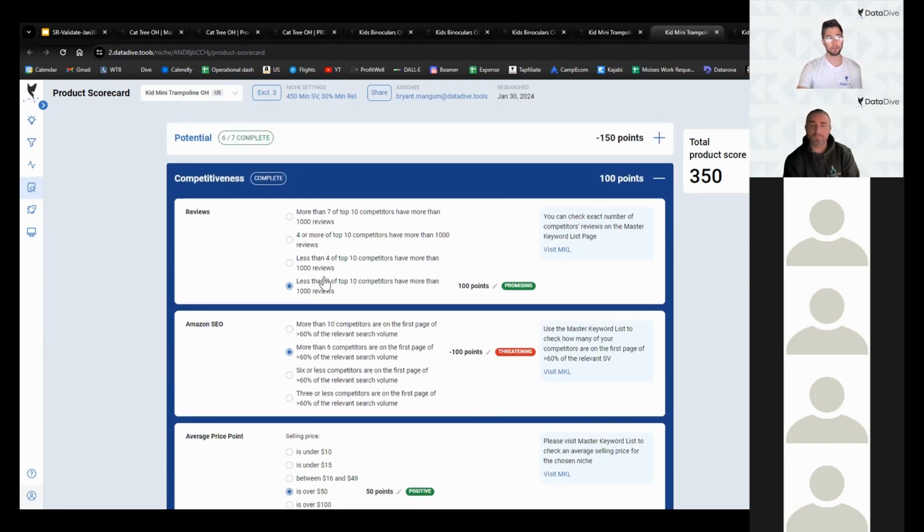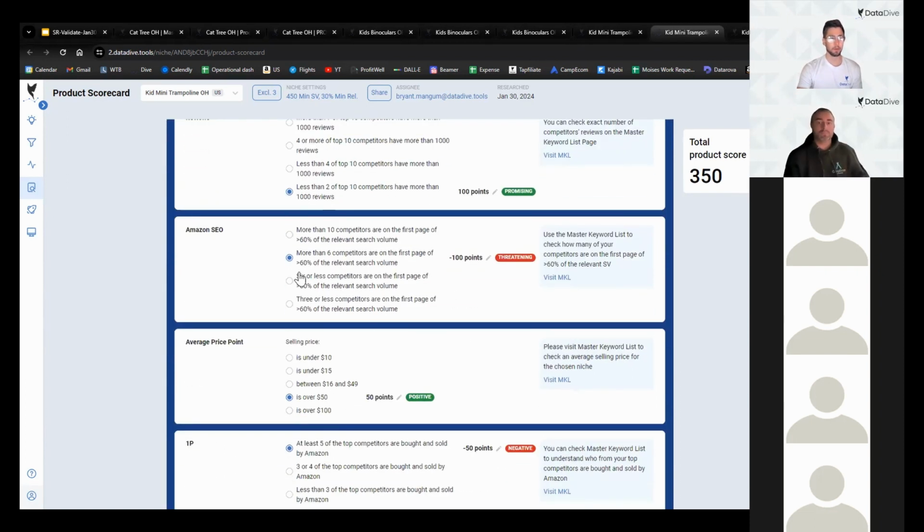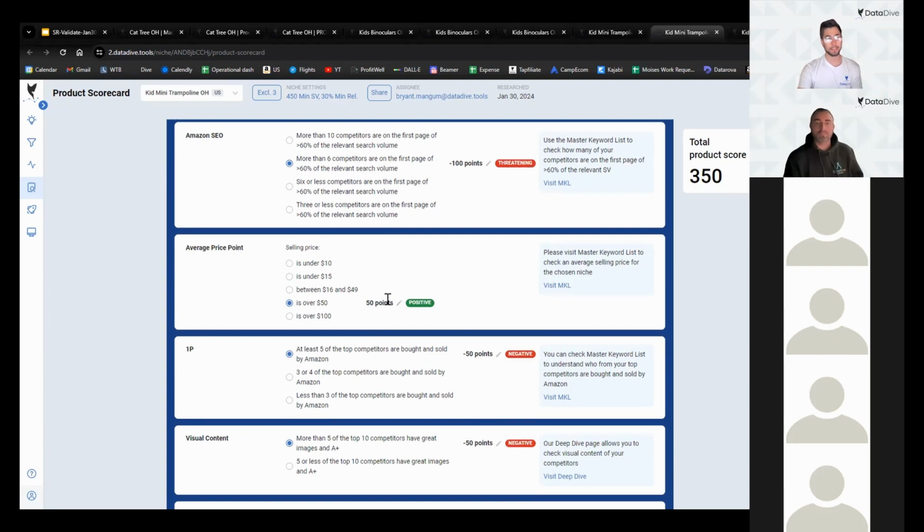And the reason that we don't lose a lot of points here, like we did on the other 2, is because very few of the competitors have more than 1,000 reviews. We only have a small handful of people that are indexed for more than 60% of the MKL. The price point is a little bit higher. The thought here, really, with average price point is that the more expensive you're selling a product for, the lower